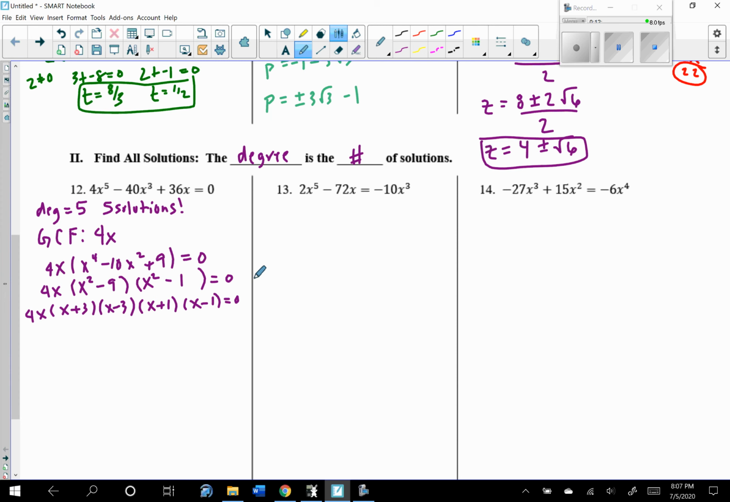And now I can go ahead and solve. So this has an x on the outside, so we do want to set that equal to 0. And then here you only need to write it once, so x plus 3 equals 0, and same thing here, x plus 1 equals 0. So 0 divided by 4 gives us x equals 0. Subtract the 3, we get x equals negative 3. Subtract the 1, x equals negative 1. And those would be our solutions